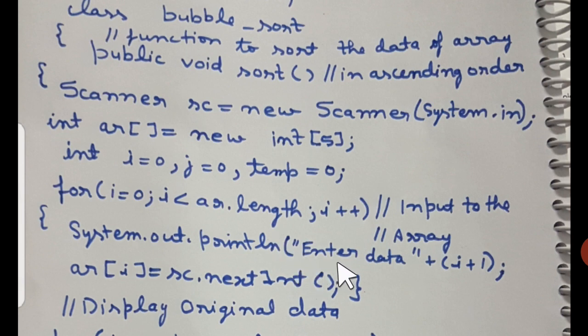What is the message here? System dot println enter data plus i plus 1. So here the message will be, enter data 1, then enter data 2, enter data 3, like this. Because if I just write i, it will automatically become enter data 0, enter data 1. So enter data 0 won't be appropriate. That is why I have purposely given i plus 1. That does not modify the value or update the value of i, it is just for the display. After that, students, we write ar of i equal to sc dot nextInt. This is the proper input statement for the array, and the data will be entered.